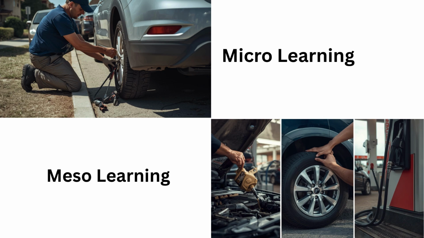feedback loops. Now that those four, micro, meso, incremental, and deep learning have been described, let's move into the more practical pieces. What are examples of these four? So, first, thinking about micro learning. Granted, I gave my example at the beginning, but just another way to think about it is if you had a problem, let's say with car maintenance, you need to learn how to change a tire.